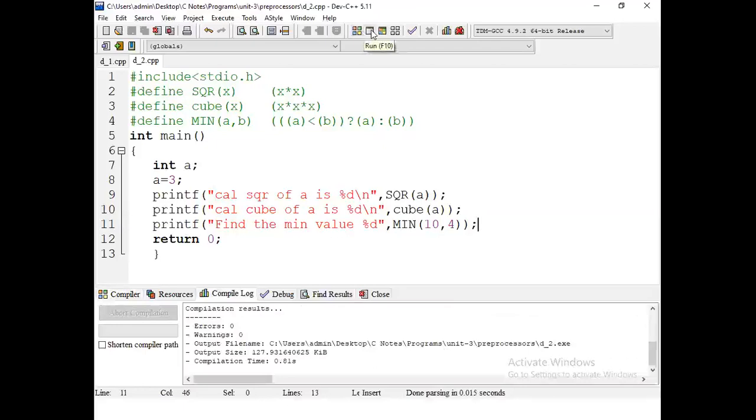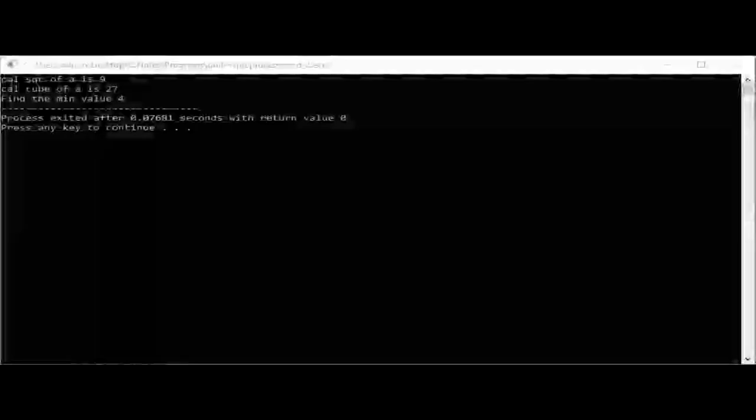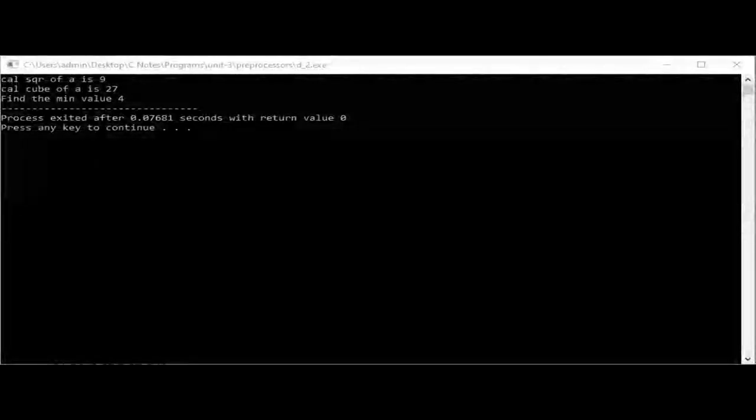Okay, all of you, our session is going to close within 1 minute. Okay, let us restart again. It is a program to find minimum and maximum. We know the logic, but along with the logic, we are using a macro. In the macro, we are passing two values, A and B, which are evaluated according to the conditional operator and returned. We can pass arguments to the min macro function.